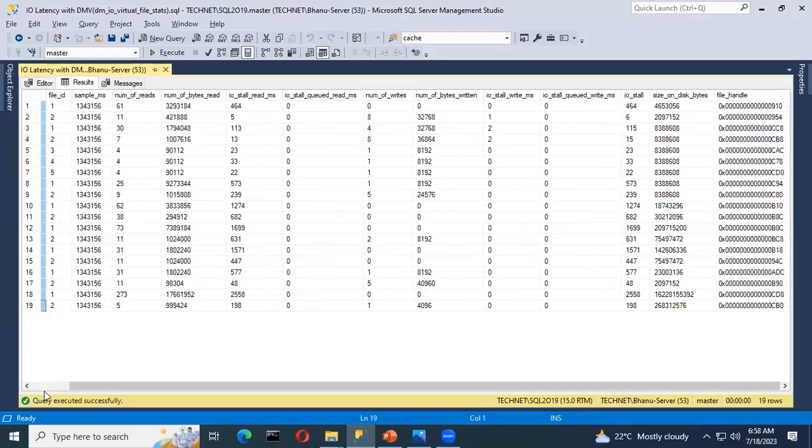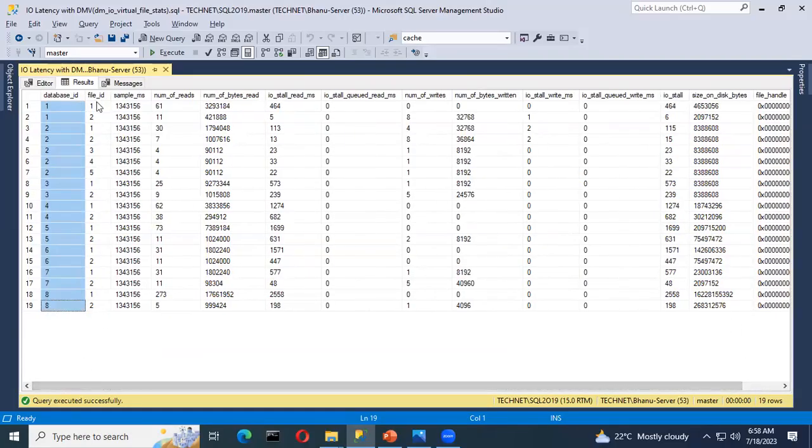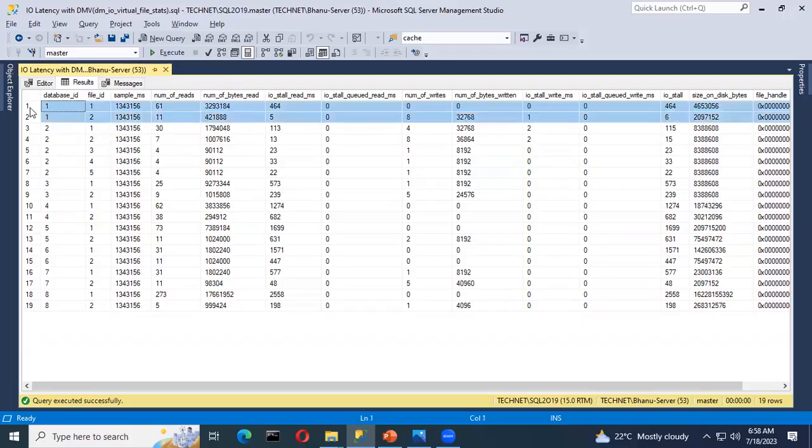It gives the file ID. For example, let's say I have the master database. I have the MDF, and the second one is the log file, right? So it tells what the latency of your